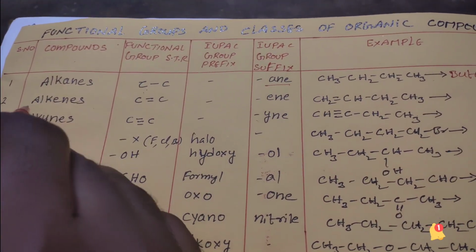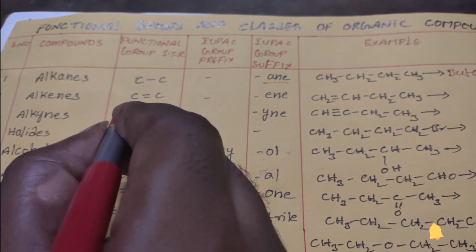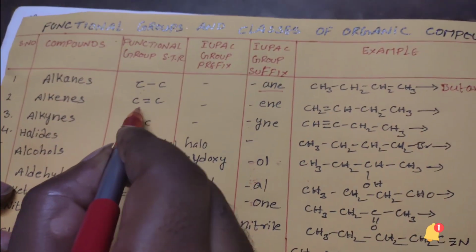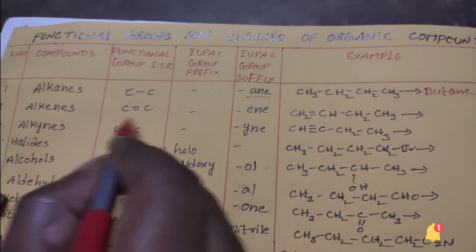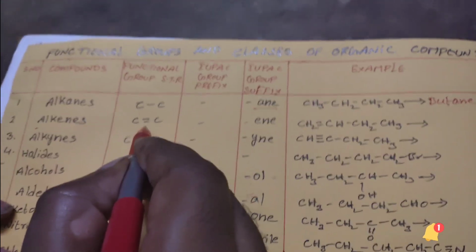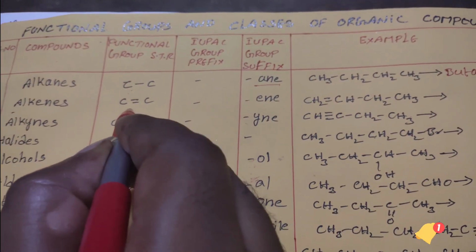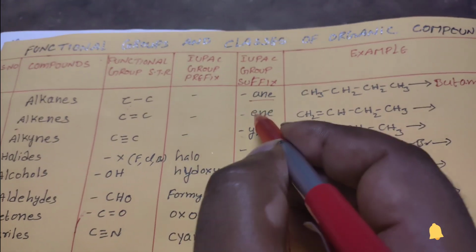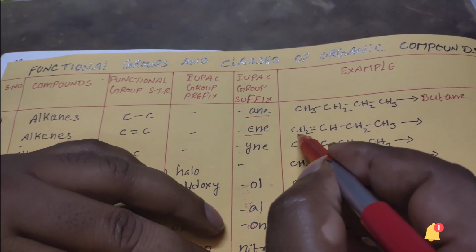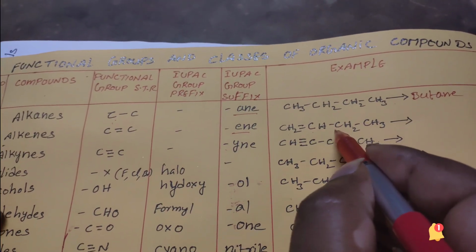Okay students, and the next compound is alkene. So what is the meaning of alkene? Between carbon and carbon there may be a double bond, that is simply called the alkene. Here if they give the alkene, the functional group is the double bond. And we already know that between the carbon and carbon there may be a double bond, the suffix is the -ene. And here we are discussing one example, and the total number of carbons present in the given structure is 1 2 3 4.